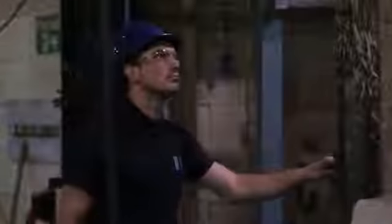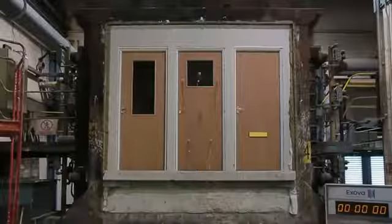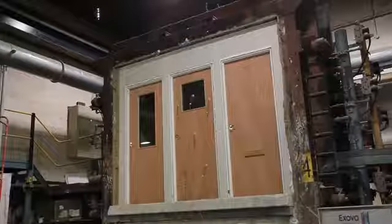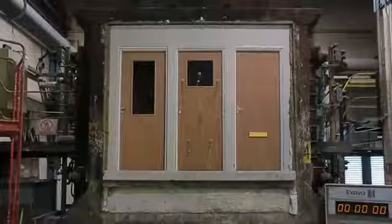This short film was shot under test conditions at the UKAS-approved test house of Exova Warrington Fire and shows just what happens to fire doors when components are fitted incorrectly, or worse, not included at all. We tested 3 identical 30-minute fire doors, fitted into identical frames, all with correct 3mm gaps between the door and